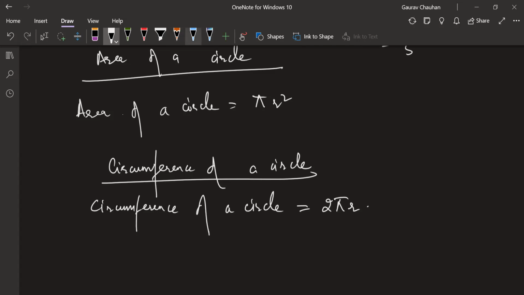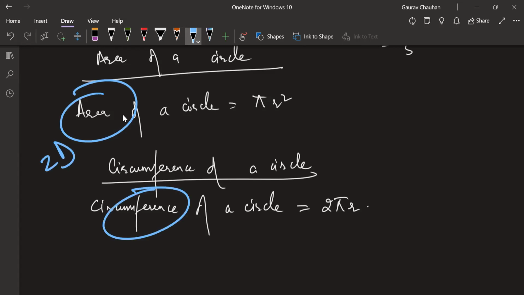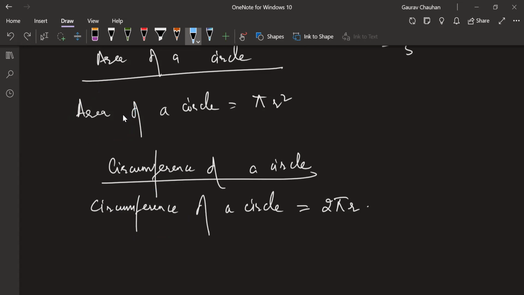A simple way to be alert about that is area is a two-dimensional unit. Area is a 2D thing. Circumference, after you open the thread out, is a 1D thing. It's one dimension, it's length, right? So there will be only 1 power to r. Here there is 2 power to r. You're getting that, Dhruva? A simple way to keep check on yourself, yes? Will you be able to remember the formula nonetheless? Good enough, yeah? You're confident about the formula?